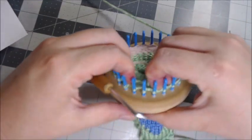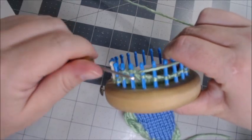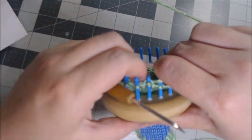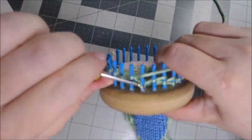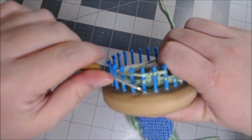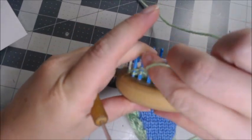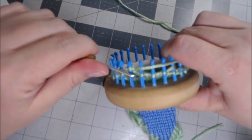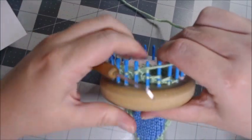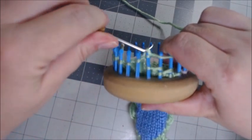The head a lot of times, it's when you got to the long-necked birds that it changed up the way that I did them. So, and then you're going to wrap and turn, knit 4, wrap and turn, and knit 4, knit 2 together 3 times,